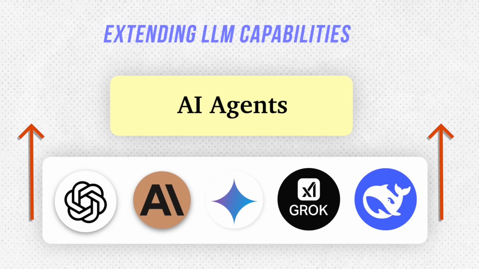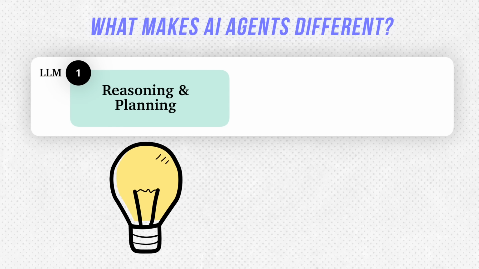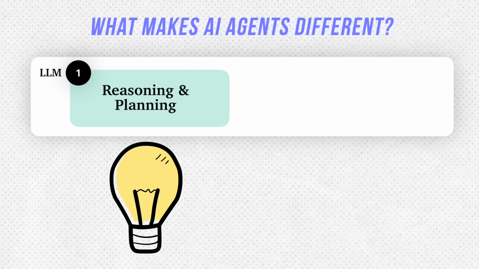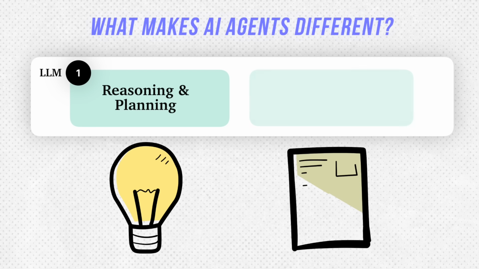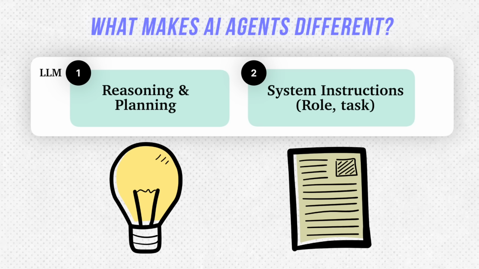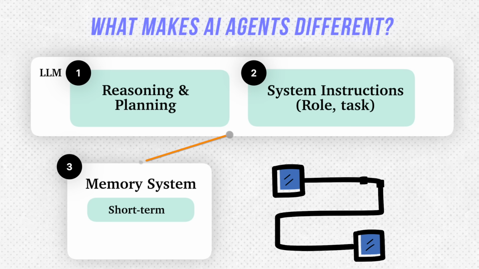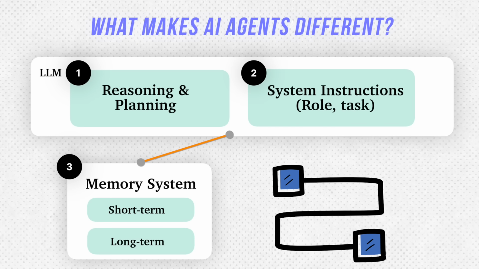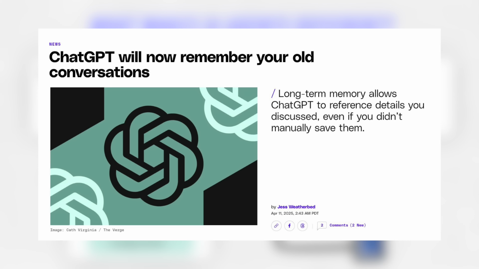But on the other hand, AI agents are built on the foundations of these LLMs, but extended with four critical components. First, reasoning with planning. Unlike a chatbot's text-based reasoning, agents can plan what actions to take, what tools to use, make decisions for you, and reflect on the learning. Second, system instructions define the task specifications and role for the AI agent. Third, access to a memory system: short-term memory that retains current conversations, and long-term memory that stores the learning, knowledge, and context. That's why the saved memory feature of ChatGPT is a big deal,